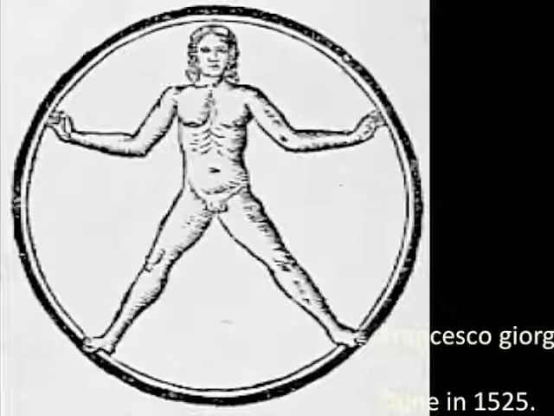So you have a number of these perfectly smart, perfectly talented Renaissance guys who are really interested in recovering the thought of classical antiquity. And they're happy to have Vitruvius because this is a window, a specific address about how the ancients thought. And Francesco Giorgi draws this guy, which I think is not the best attempt, wouldn't you say, this kind of floppy man standing in the circle. And the square is really not addressed at all. The square just happens to be there as something that the circle sits in, but the human figure is not really generative of the square, and it's barely generative or generated by the circle.